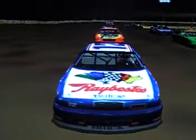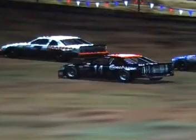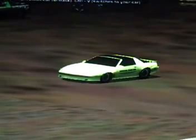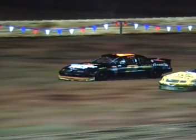There is Doobie, the Rebessis Buick, who led the whole first heat. And there's the pace car. As soon as that ducks off on the pit road, the green flag, the race automatically starts before they get to the start-finish line. So, we had some wild goings on in the first two heats, especially in the start